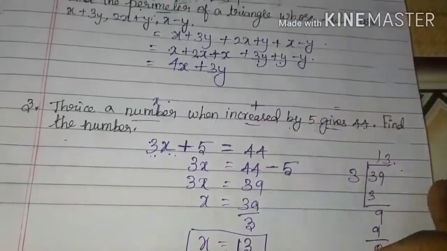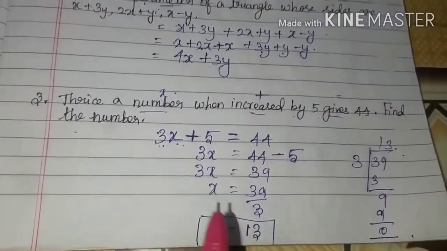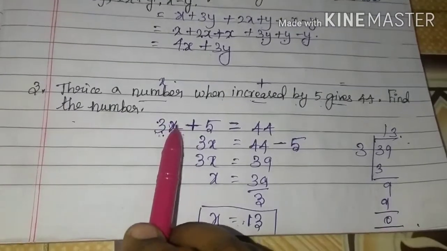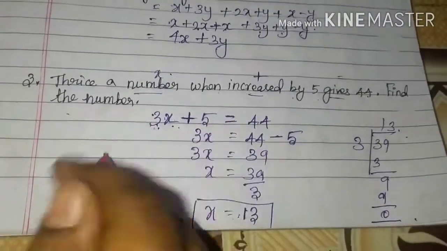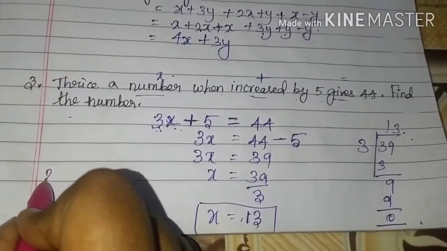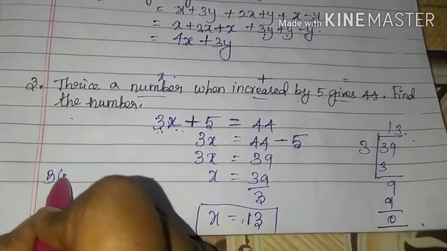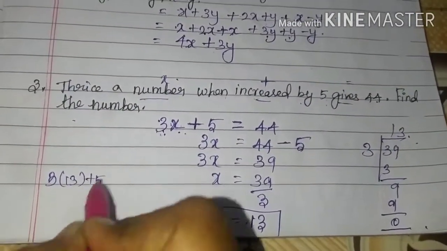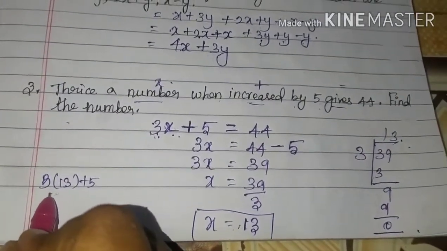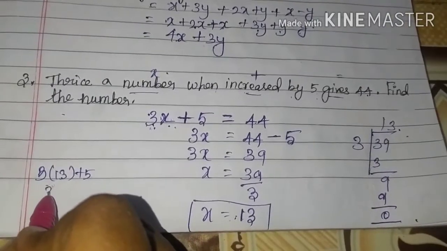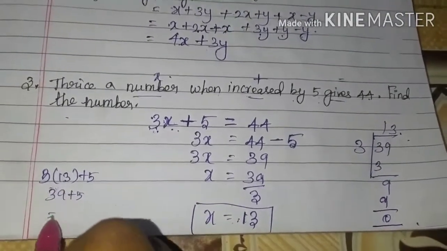Now for your reference purpose I will do this. In the x க்கு பதிலா இங்க 3 நான் substitute பண்ணனா I will get this answer 44. Last exercise ல இதே மாதிரி same sum க்கு நான் உங்களுக்கு prove பண்ணேன். Now also I will try to do 3 into 13 plus 5. Okay வா, x க்கு பதிலா 13 கொடுக்கிறேன். இப்போ 3 into 13 I will get 39 plus 5 equal to 44.